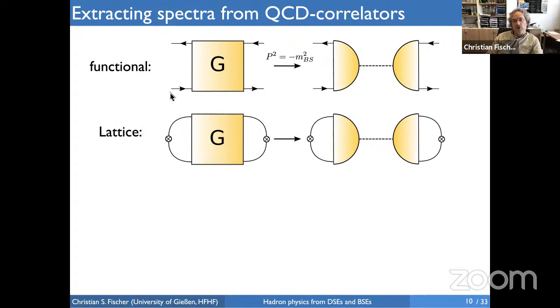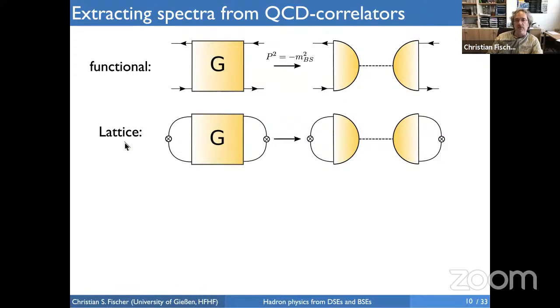In the functional framework, where you see these states is a 4-point function, which I call G, which contains an incoming quark-antiquark pair and an outgoing quark-antiquark pair. And if the total momentum of this pair hits a meson pole, you can convert this diagram into a diagram which looks like this, where we have a propagator of this meson, and here we have a so-called Bethe-Salpeter wave function, which tells you how this meson contains a quark and an antiquark. And if I take this quantity and evaluate it at this pole, I get all the information on this meson.